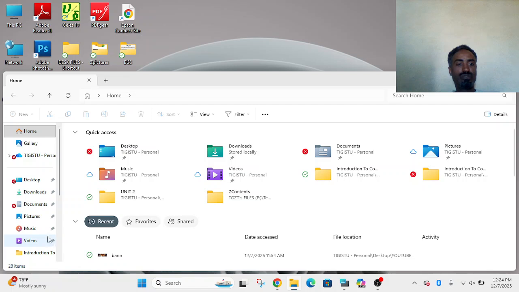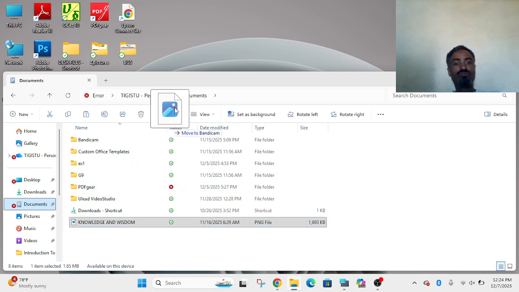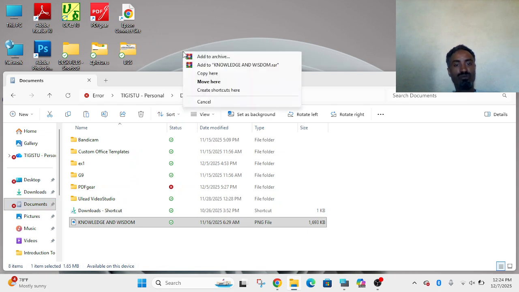For instance, a document. To create a shortcut, right click, then move this, release it using the right side of the mouse button. Create shortcut is here, not move, create.